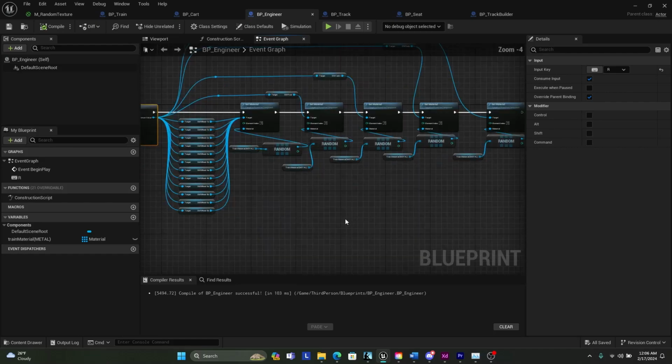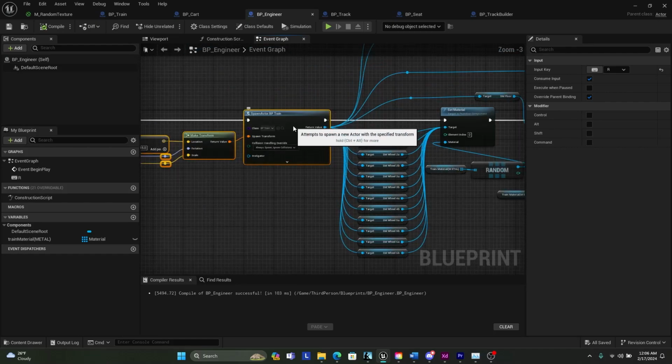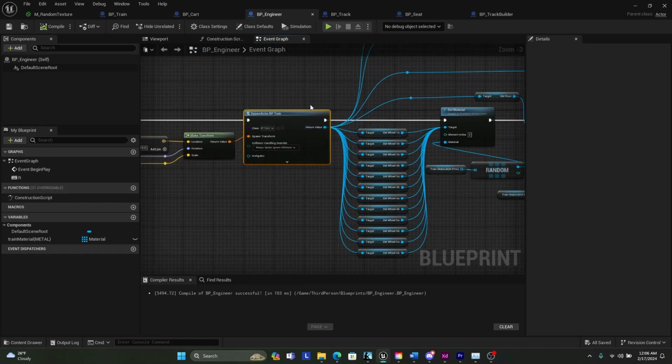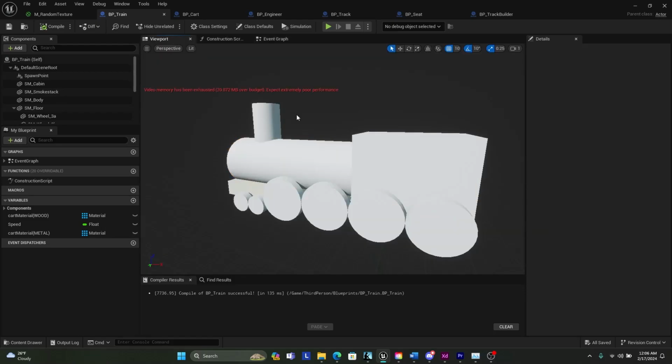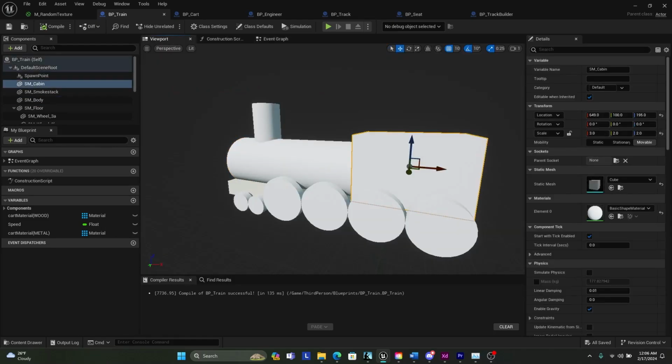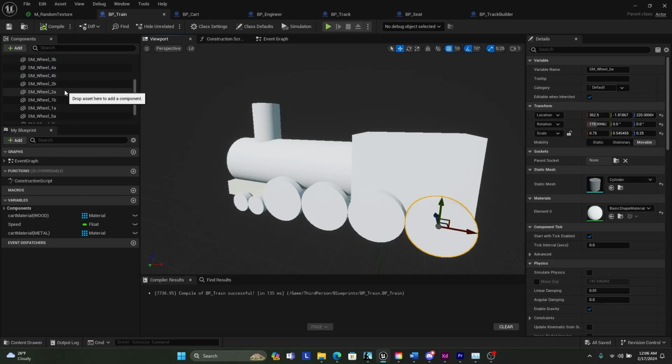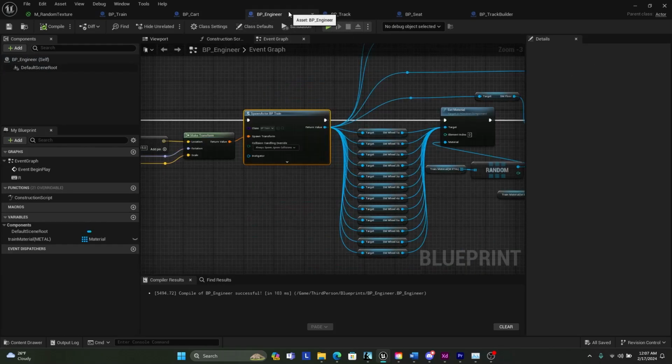Now where it gets a little bit different here is I wanted to randomize the textures for all the components within the BP train. If I show you the BP train in the viewport, it has all these components that are not texturized, as you can see, the component shelf, and I wanted to texturize all those with a random material. So going back to the engineer,